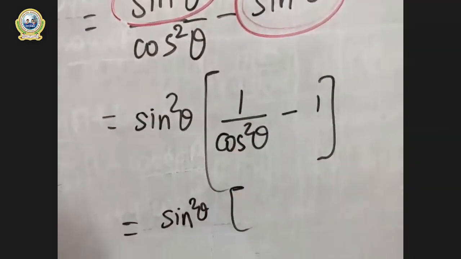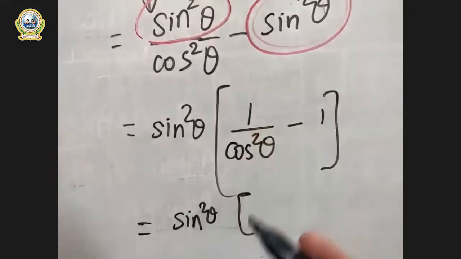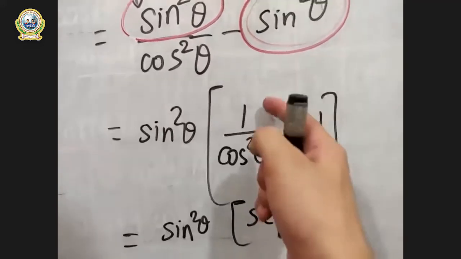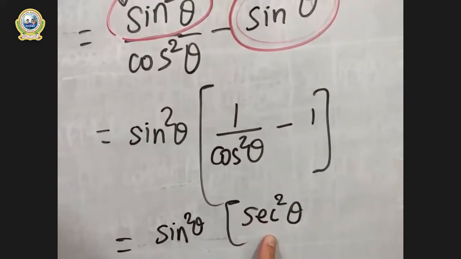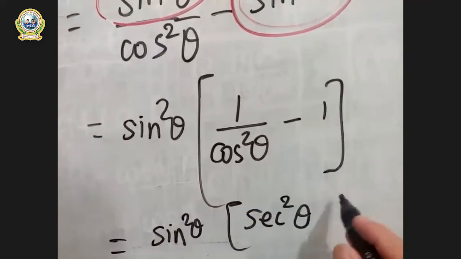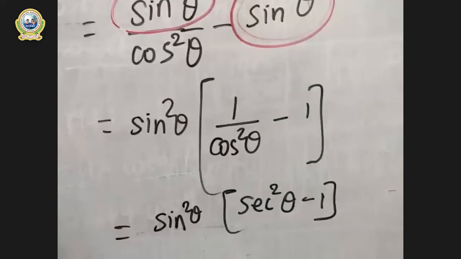by cos. Do you remember what 1 by cos signifies? 1 by cos is sec. It is sec, right? But here there is a square as well, so it will be squared. And theta is as it is because 1 by cos is sec. I have already taught you this in our previous classes. And the minus in the middle is unchanged, and the 1 on the right is still unchanged, right?